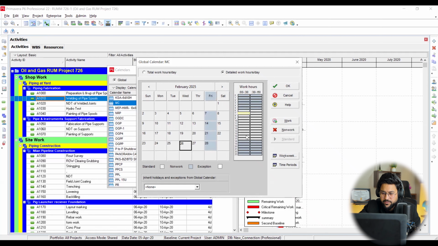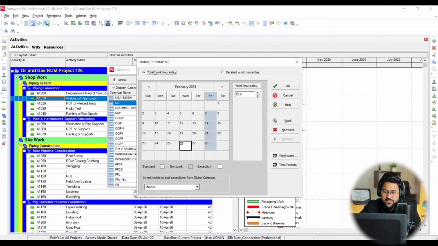So make your 12 hours, then you want to make some break from this one, like non-work, this one non-work, and then work, work, something like that. You can make your plan for all of the day. And if there are gazetted holidays like Eid, Holi, Diwali, some Independence Days, okay, so there are not given in